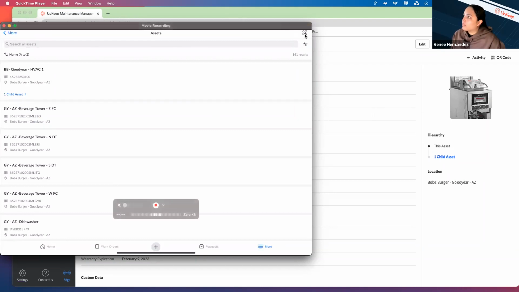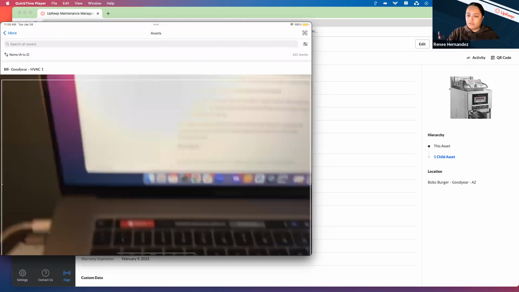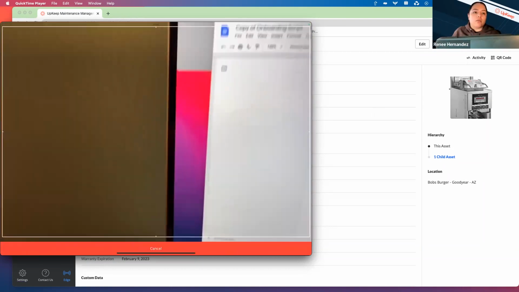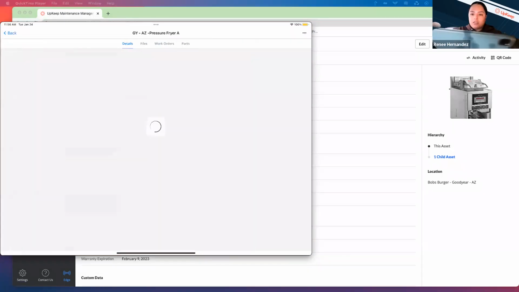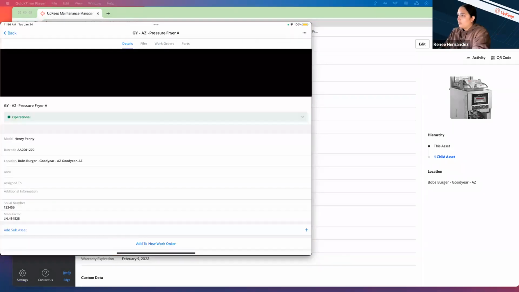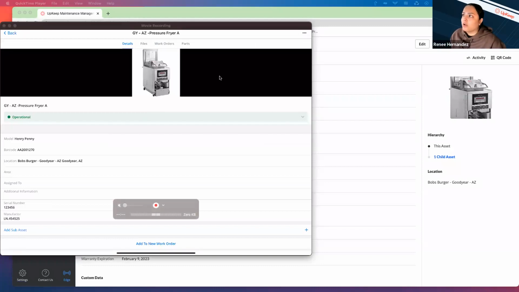On the top right, there's a little barcode option or icon. I'm going to click on that and wait for this to open. I click on that and let's scan my QR code. And what that'll do is bring up that asset, and you'll be able to, again, see all of that information,